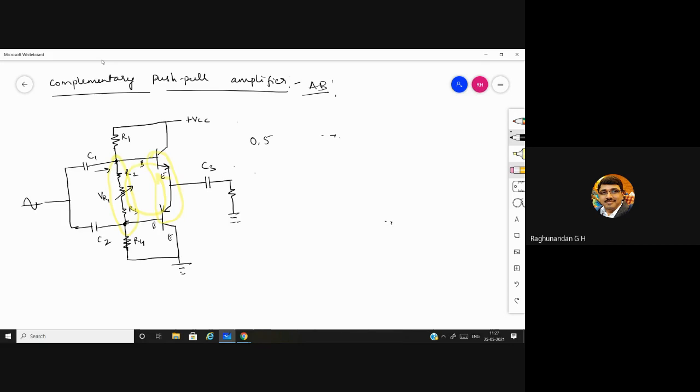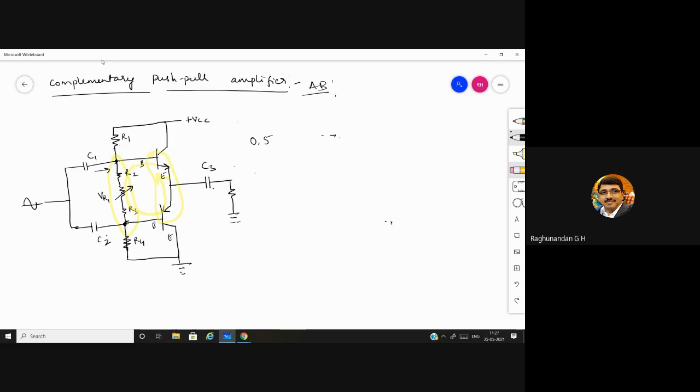To overcome that, whatever signal we are giving here should be a pure AC signal, and the voltage drop which is created across the circuit should depend only upon plus VCC. For this circuit, whatever voltage drop is being produced is only because of the plus VCC DC voltage, and none of the other extra DC voltage will be considered. So to avoid that extra DC voltage getting added up, we are using these coupling capacitors.